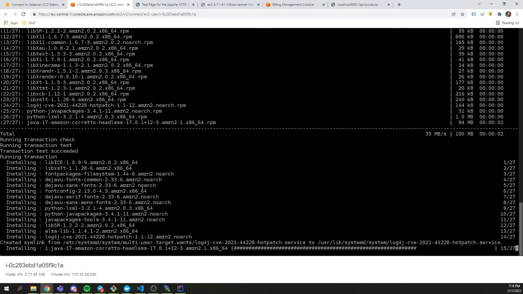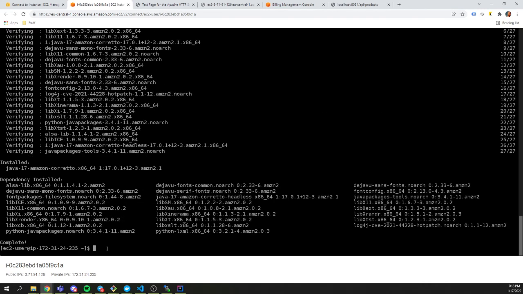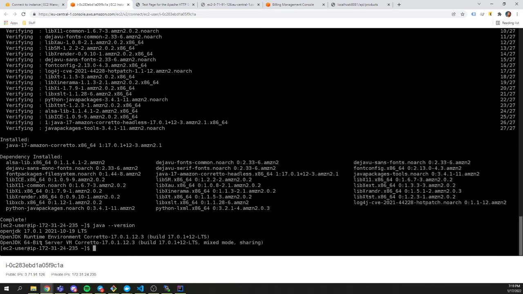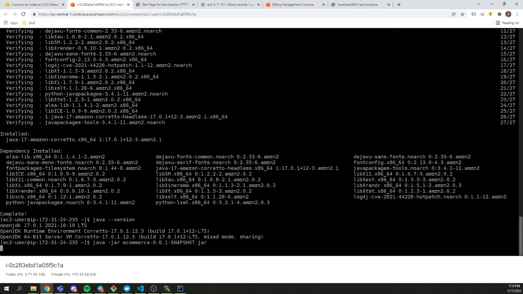So as you can see, it is installing Java 17 Amazon Corretto, the one that we were using. Okay. Java is installed, and now we have Java Amazon Corretto version. And now, when it is installed, I can run it using the java -jar e-commerce 001 snapshot jar and pressing